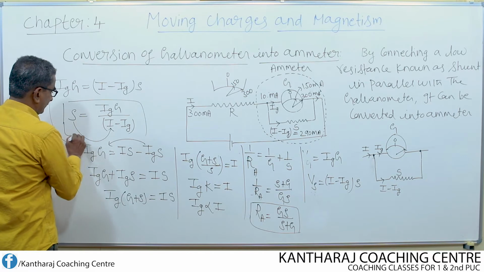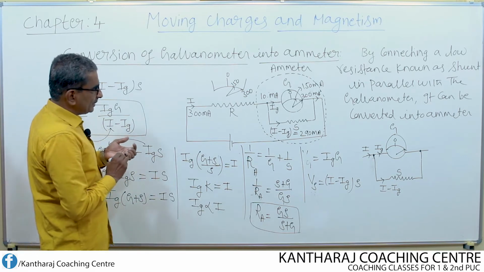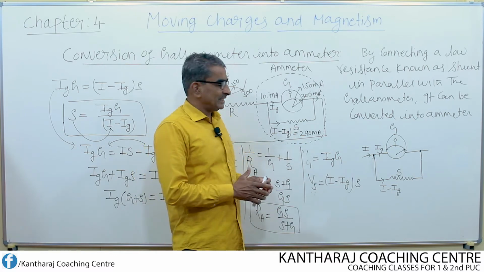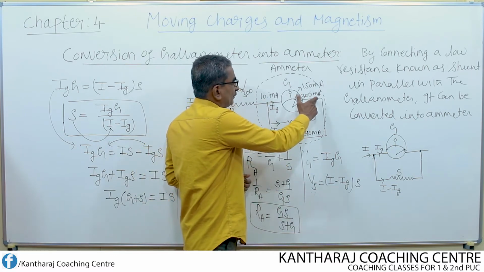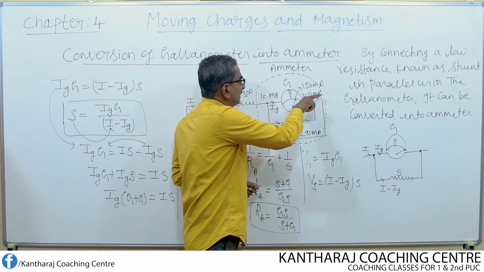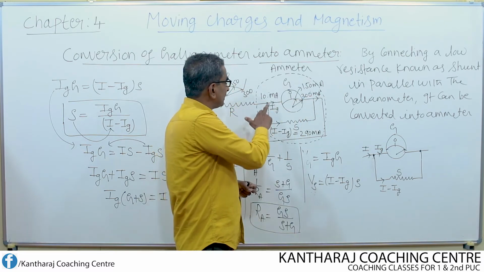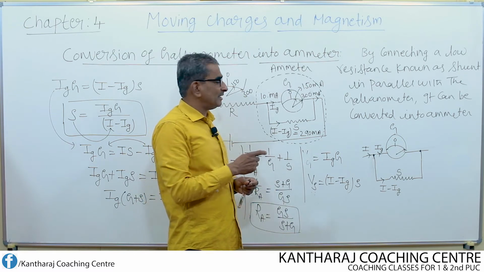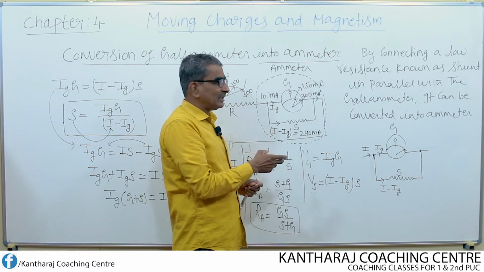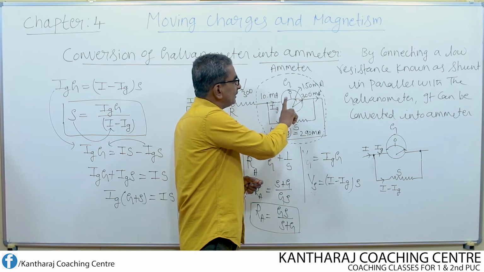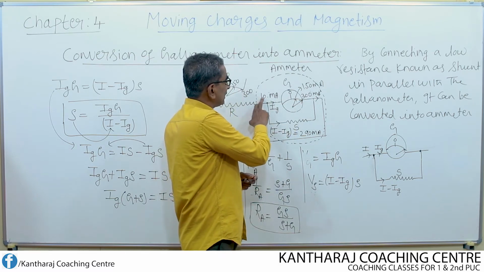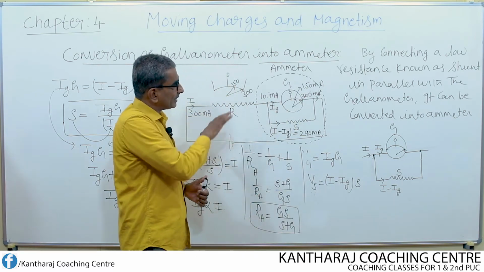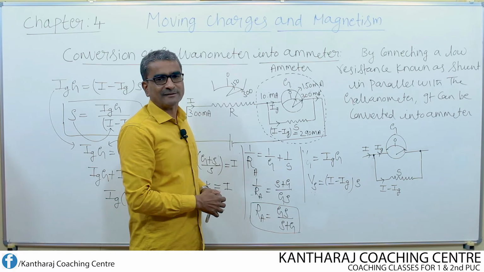Okay. The main function of the shunt here is to regulate the current. It allows the majority of the current to flow through it and allows only a small current to pass through the galvanometer. For that small current, the coil is not going to get affected. The coil is able to withstand the small current. Not only that, the small current is able to produce full scale deflection. So this small current is the range of full scale deflection. So this is how we convert a galvanometer into an ammeter.